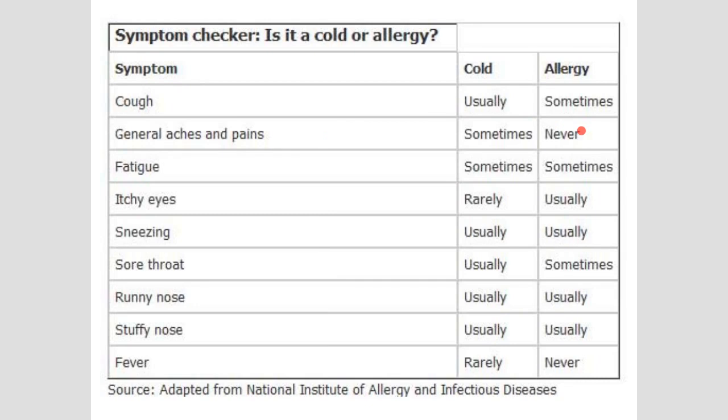And you can see usually to rarely, but the most important thing even in this one is that we normally never get fever, should never get fever in allergies. Okay, as compared to cold. Again, if you were to look at those two charts at your own time,